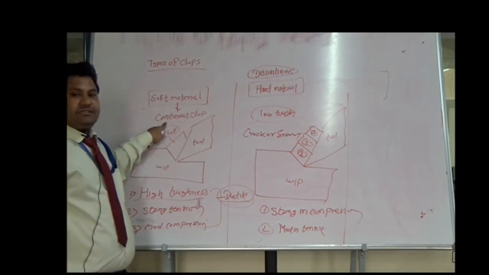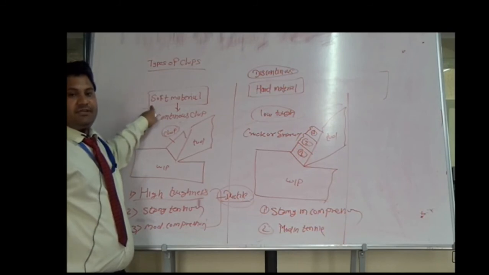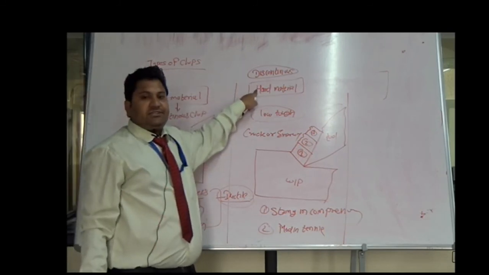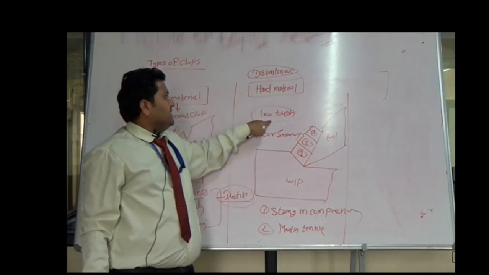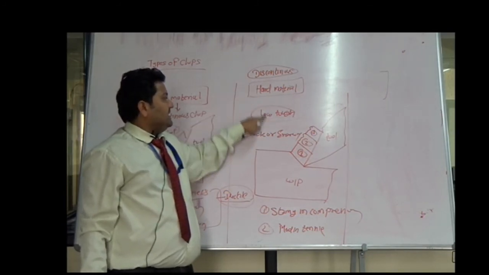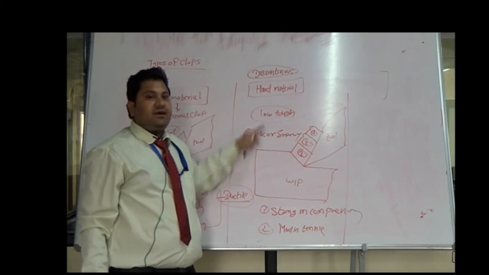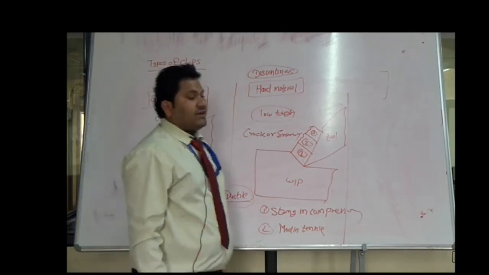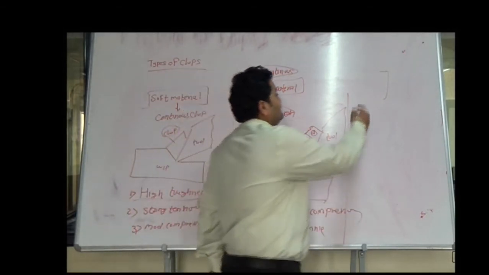we get continuous chips because of the properties of the soft material. Second, discontinuous chips: which material do we get them in? We get discontinuous chips in the case of hard materials. Now we have to see the third one. The third one is nothing but the continuous chip with built up edge,